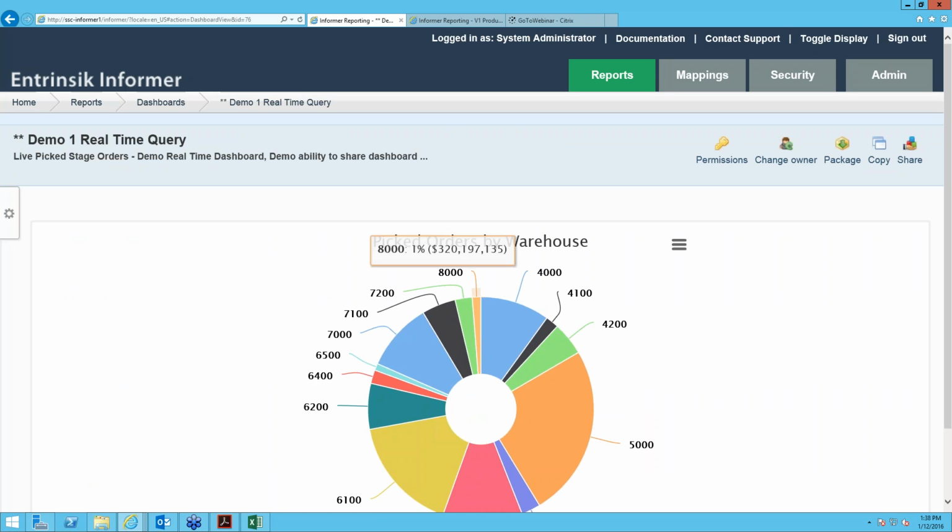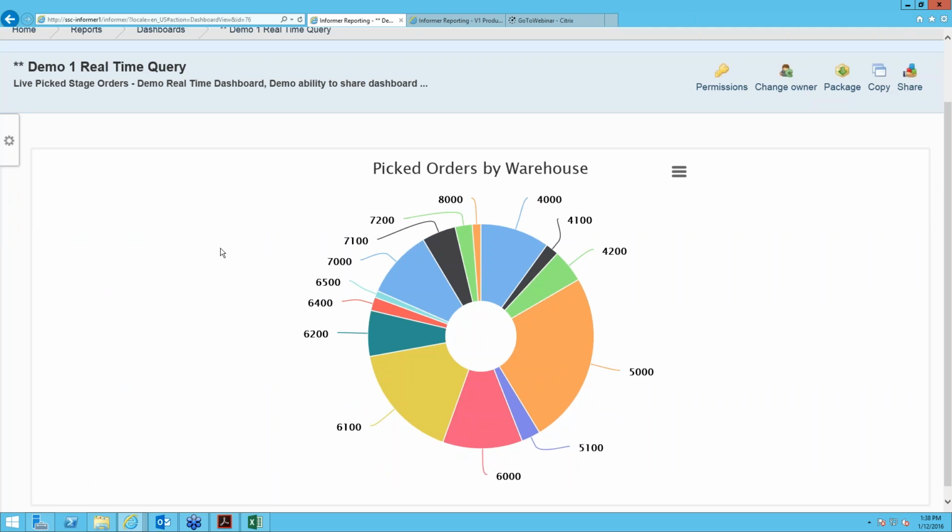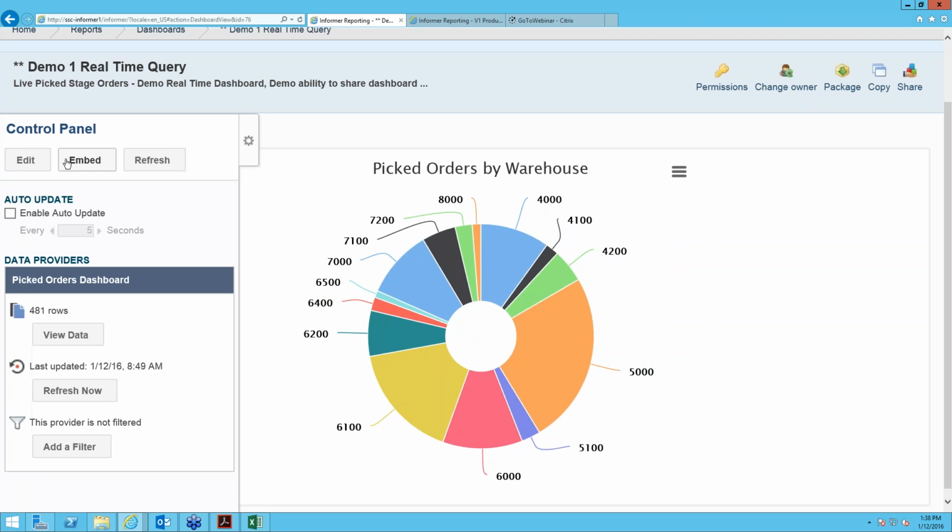And these numbers are kind of analogous to real numbers. In this case, I've got a pie chart that shows a particular division and all the warehouses in a particular division, showing the real-time information of what's in order entry right now, what's in pick stage. That's what these actually are, the picked orders by warehouse. Now, that in particular I don't care about. But there are a number of things like that that I want to report out of in real time from the open order file. And I'm going to click a gear on the left, and you'll notice that there are